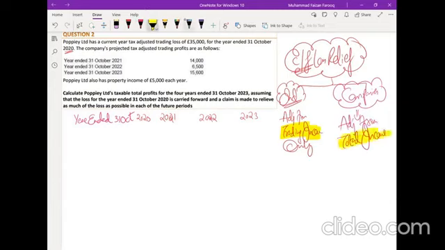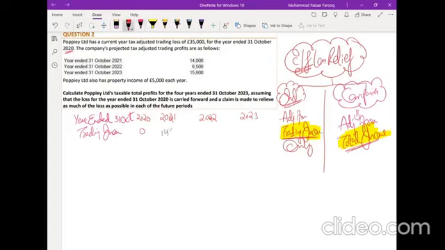This is the thing students can miss, and they lose the easy marks. The working will be the same: that loss will be carried forward to the next year, and the next year. But if it applies to an individual, it will be carried forward from trading income only. If it is applicable to companies, it will be applied from total income only. Got my point? Loss will be denoted as zero, so I wrote zero as a loss.